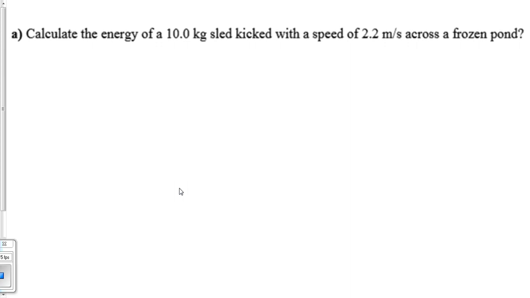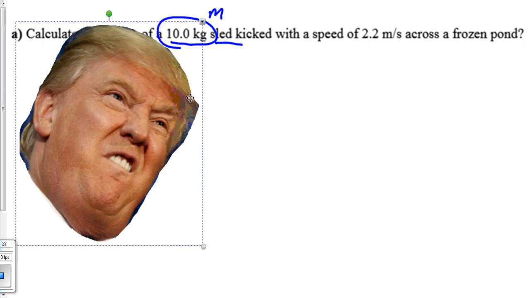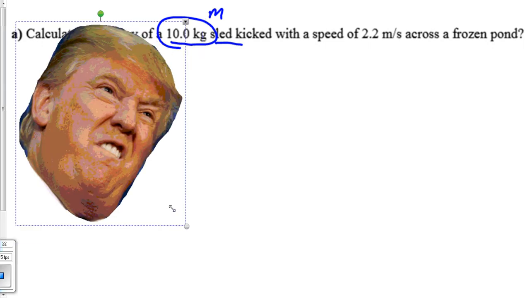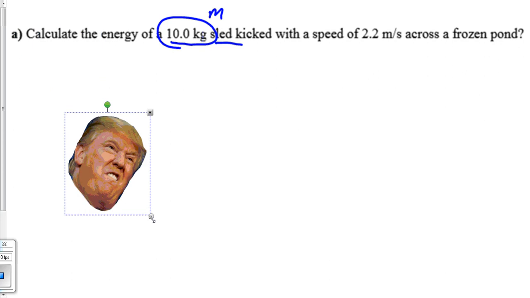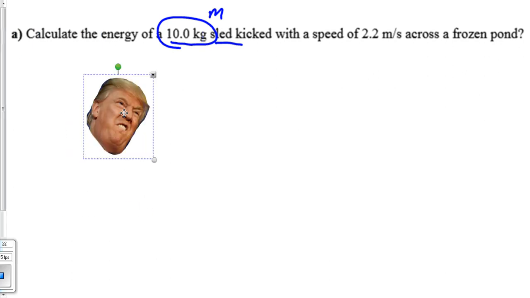A 10-kilogram sled, so we've got a mass, is kicked with a speed, so we could draw a sled. Oh, wait a second. No. We don't have a sled. I got it. Eraser. Oh, no. My marker's jammed. Maybe that means this is a bad idea. How about this? I've got it now. A 10-kilogram Donald